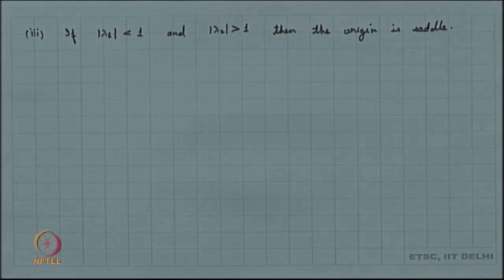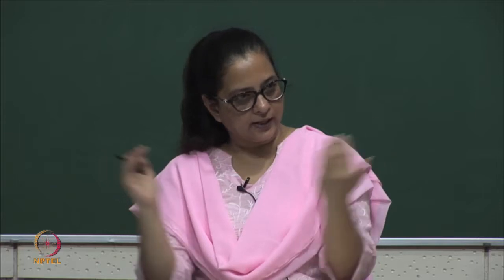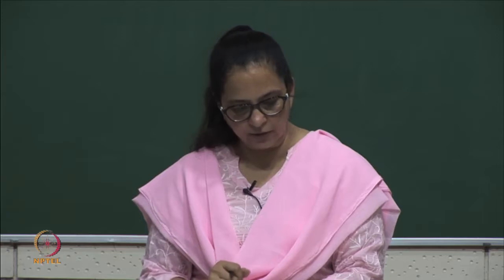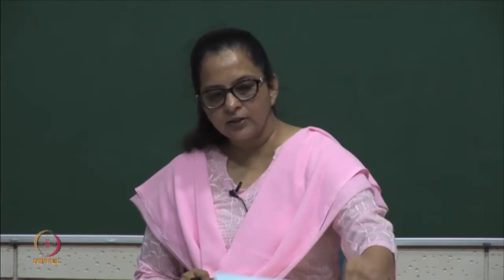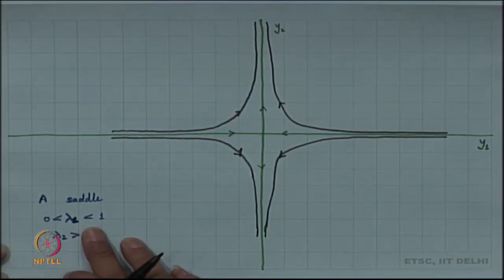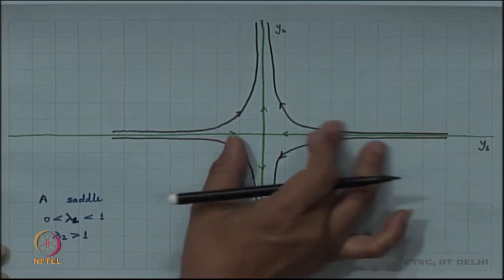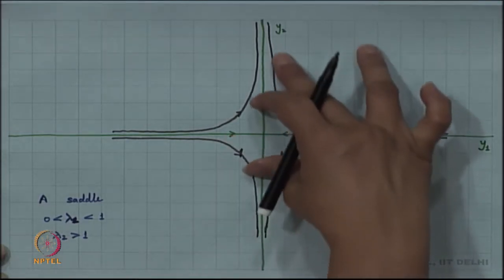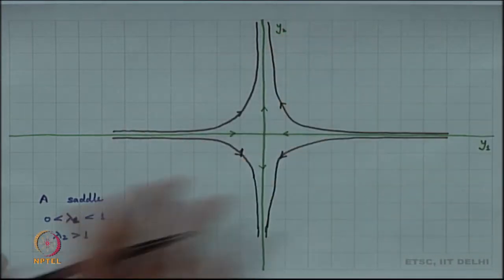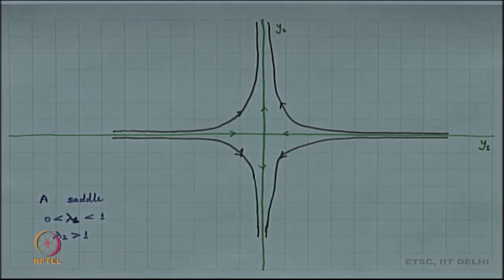You can say it is basically unstable because it is a saddle, nothing is converging to the origin, but it is attracting from one direction and repelling from the other direction. So, the origin happens to be a saddle, and you can see this part where your lambda 1 is between 0 and 1. So, basically it is converging towards the lambda 1 direction, but it is diverging towards the lambda 2 direction. So, in the y2 direction it is diverging. So, this behaves like a saddle. In this case the origin behaves like a saddle.